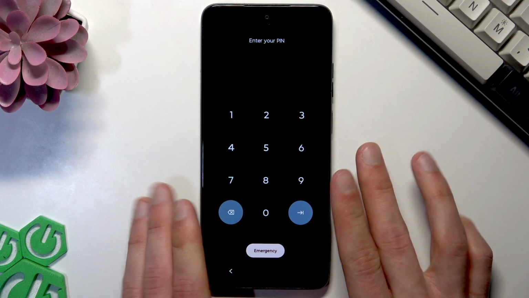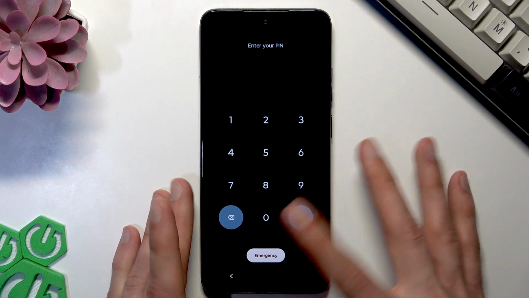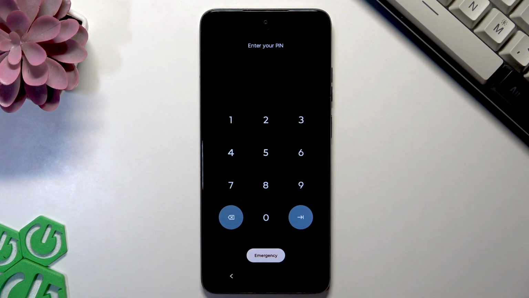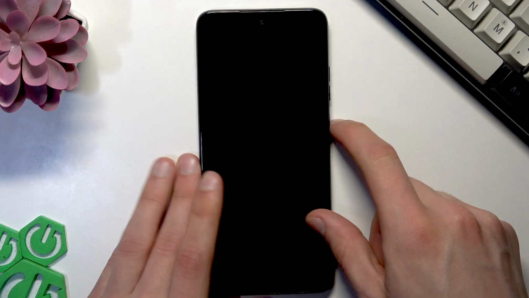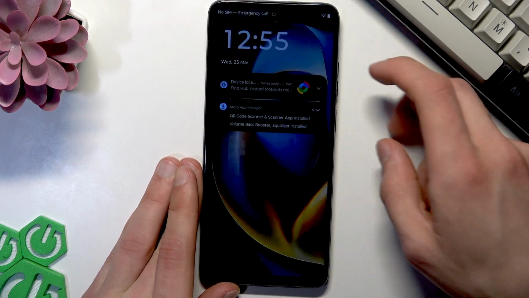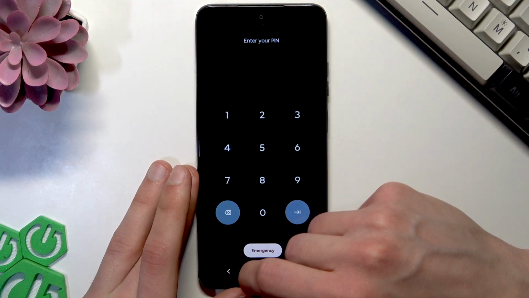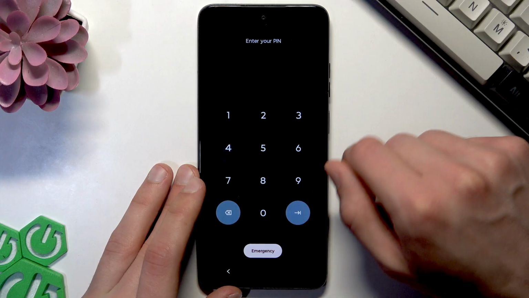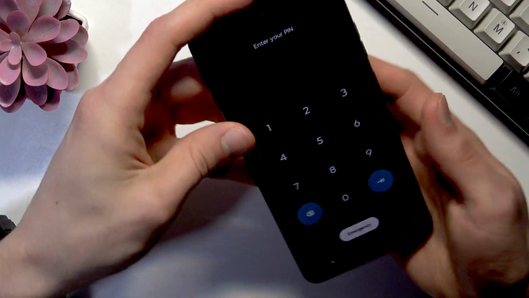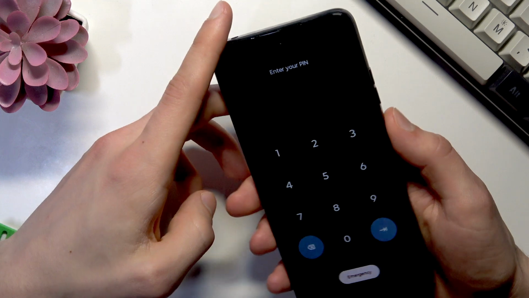First of all, just a quick mention, if you are on this screen, make sure that you are entering your security pin code and not your SIM card pin code, as these two are often mistaken for each other. And if you are sure that you are entering the correct pin code and your phone still won't accept it,